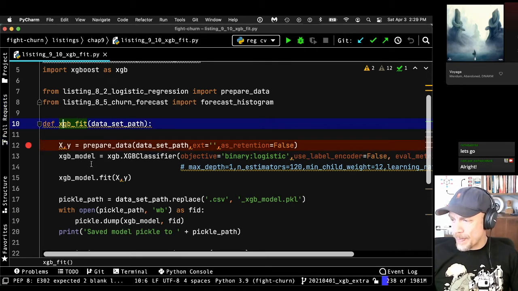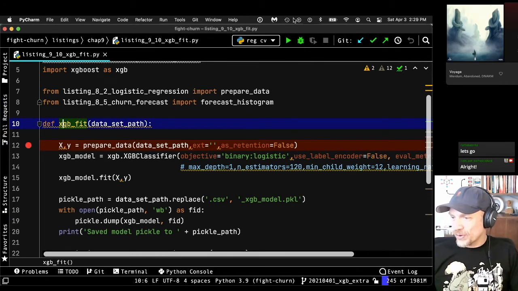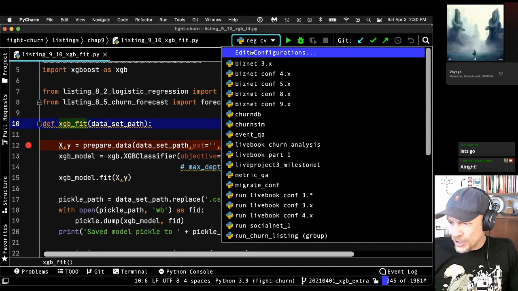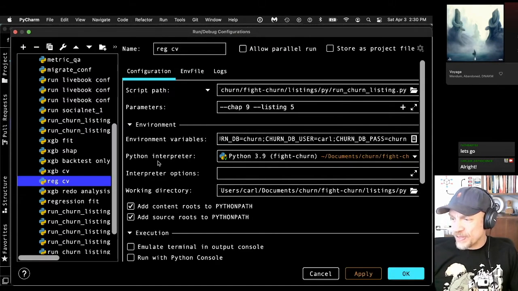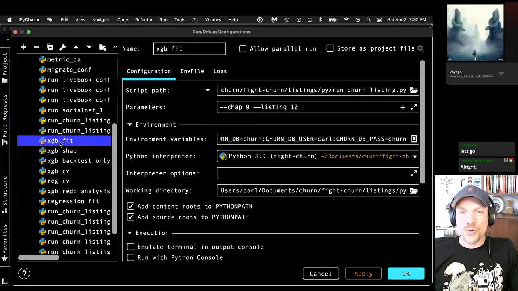So I'm going to put a breakpoint here so we can step through it. And I'm going to go to the configuration. Now these are the configurations you run to run the code in the book. And if you've gotten up, there's instructions about how to set all this up. If you go to the GitHub repo, it has everything in the README. I should show that in a minute. But it'll tell you how to set all this up.